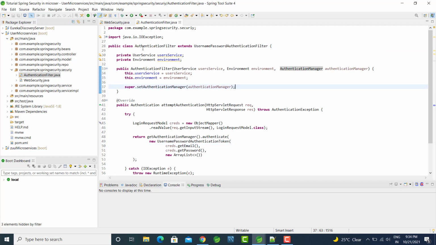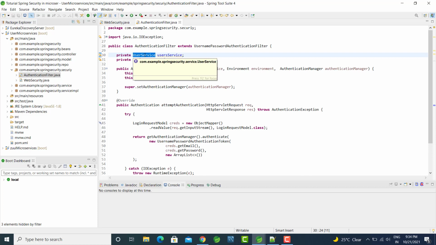Let's create the constructor of AuthenticationFilter having the arguments user service and the environment. This user service is coming from our user microservice. This user service does not belong to Spring Security. So let's check this. Okay, this user service is coming from our com.example Spring security service.